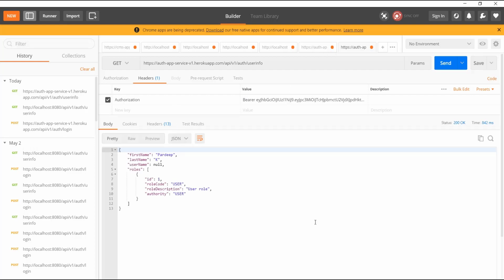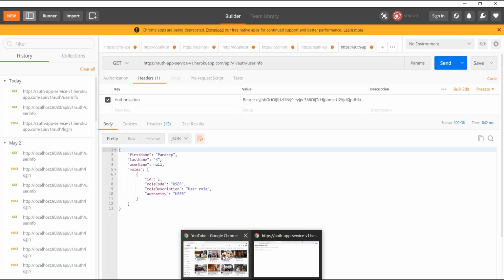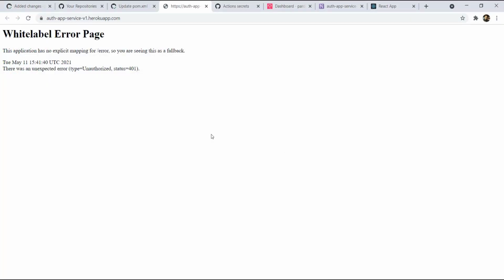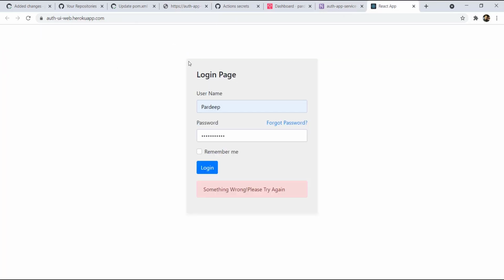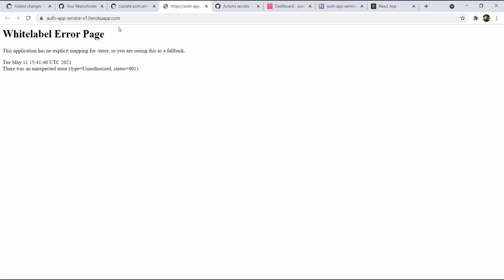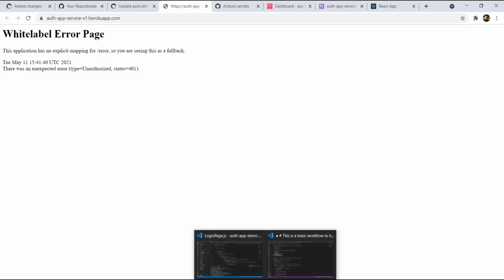So yeah, it's working fine. Okay, so both the applications are working fine. The Spring Boot and React.js both have been deployed. Now we have to integrate the URL. We have to change the URL in the React.js code. So let's open the React.js code.